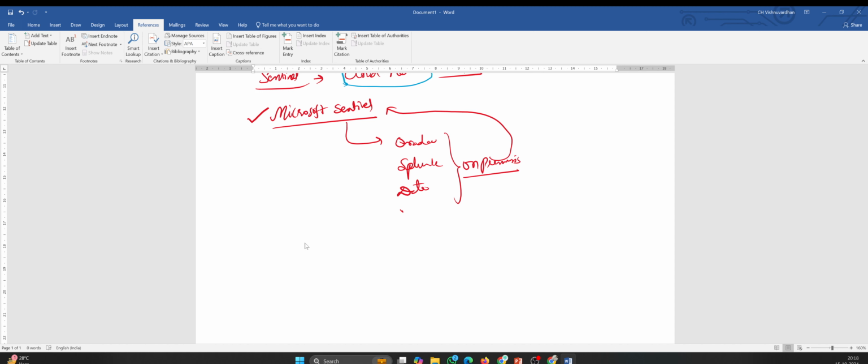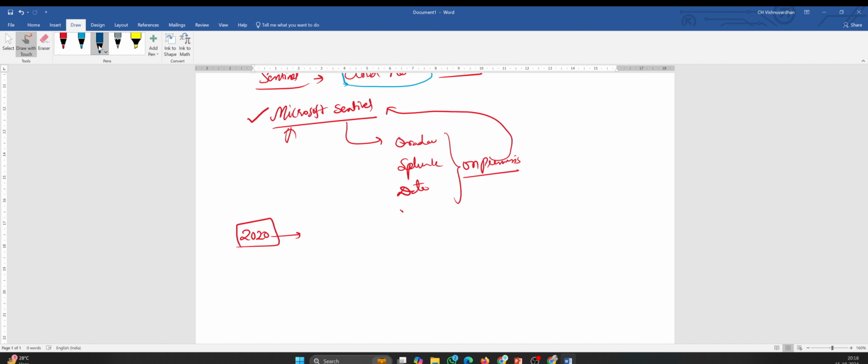So this comes. Till 2020 there was no need of Sentinel. But after people understood that there is a huge market jump, or we can say a huge migration from on-premises solutions, what is the meaning of on-premises solution?